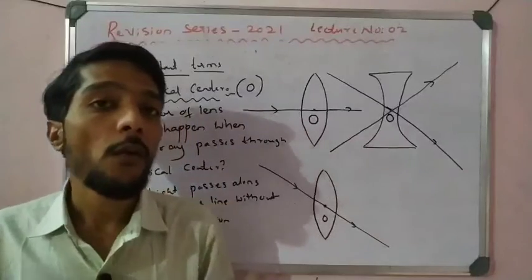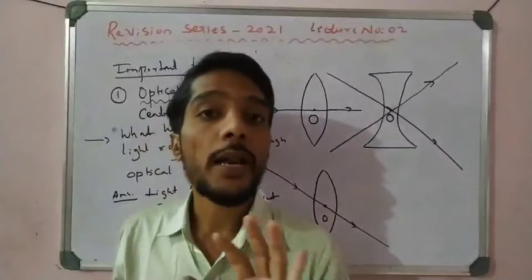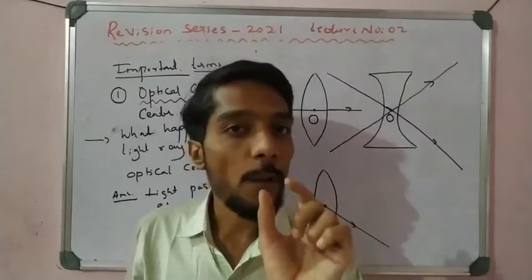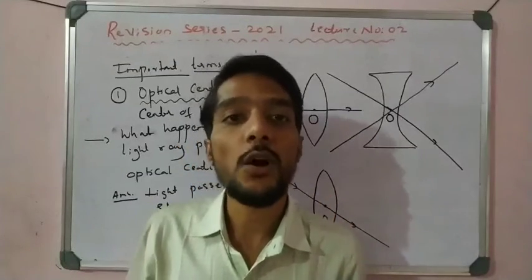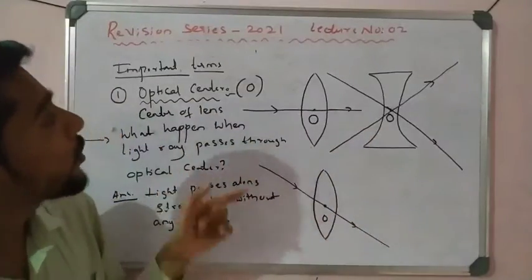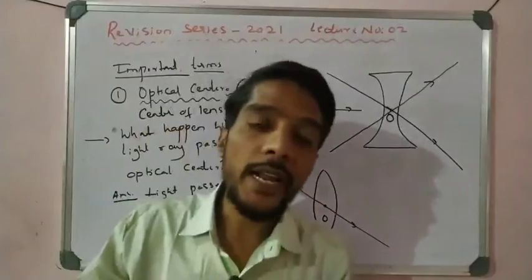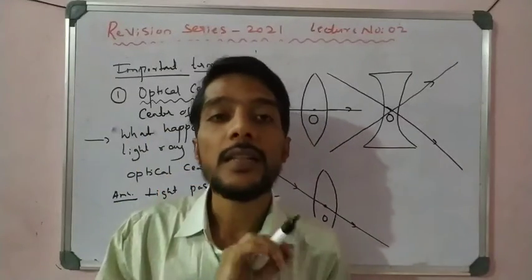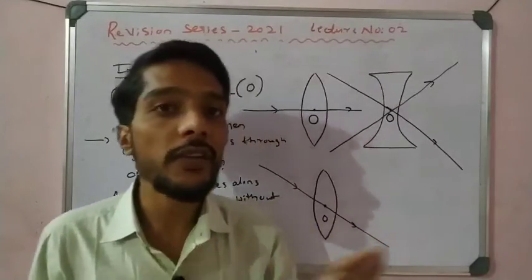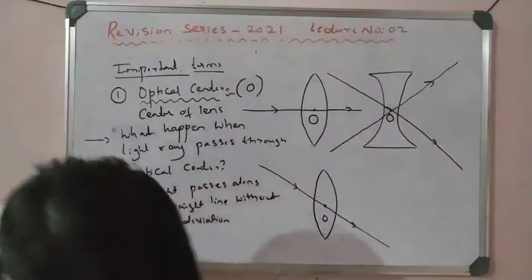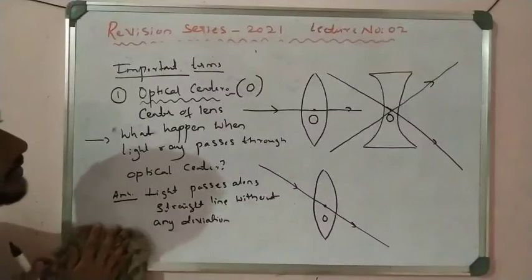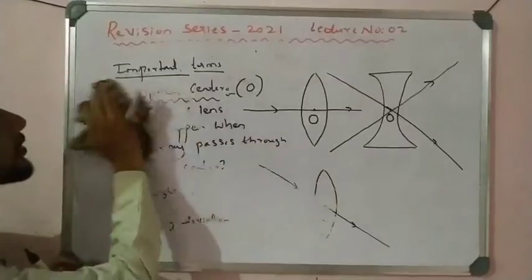They may also ask in which part of the lens there is no refraction of light: that is at the optical center. At the optical center there is no refraction or reflection taking place, right? That is important, you have to remember. If you focus on refraction, we say that at the optical center the light is not refracted, it only follows the straight path, it is not deviated here, without any deviation, right?